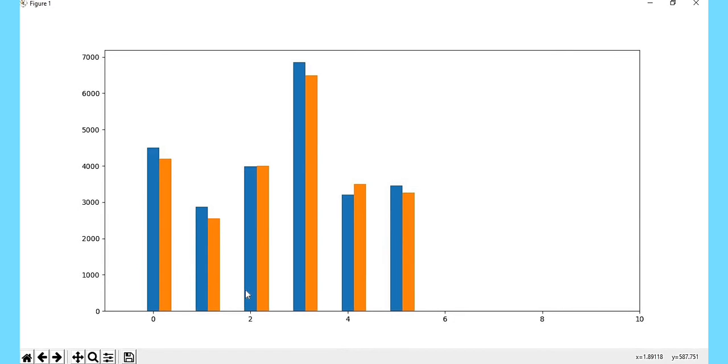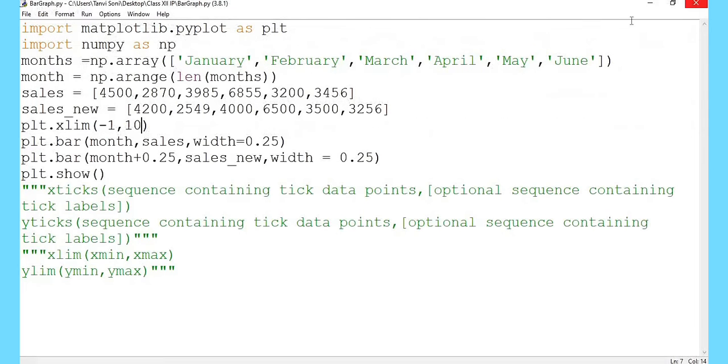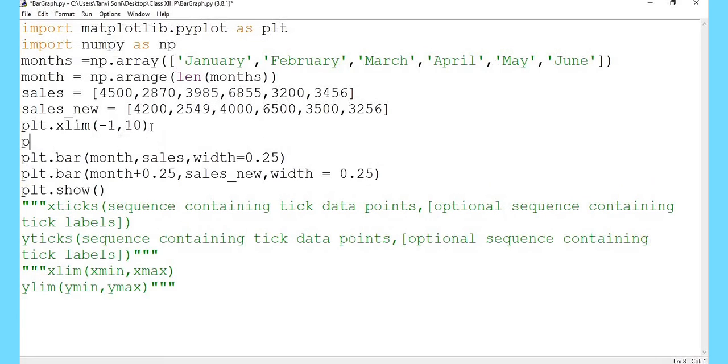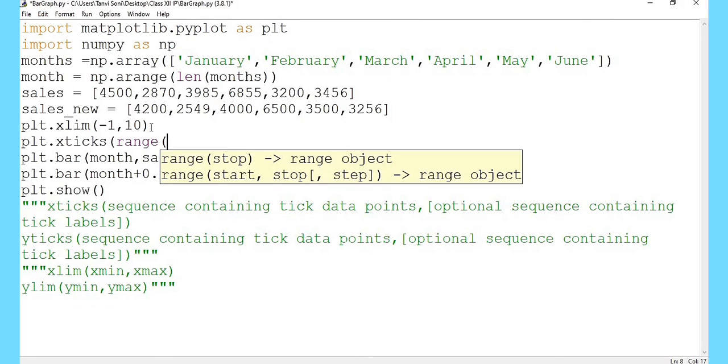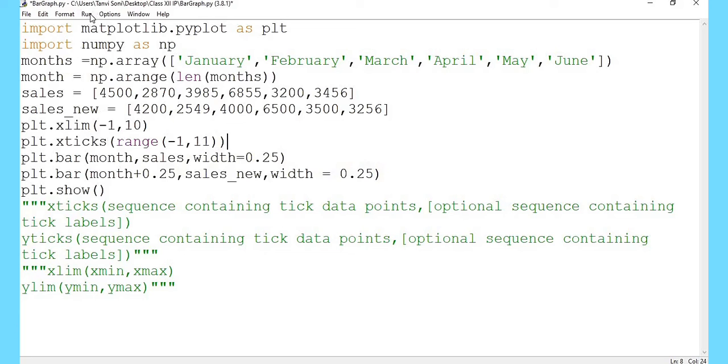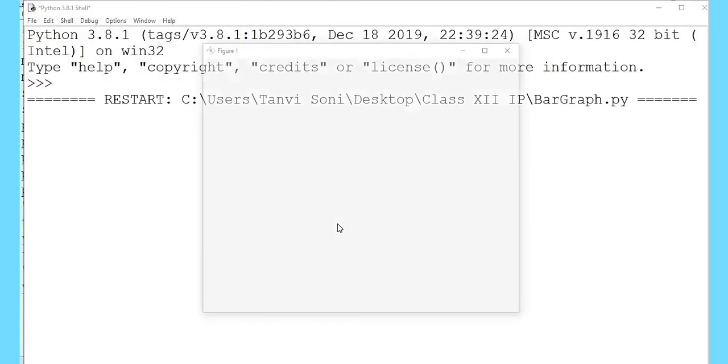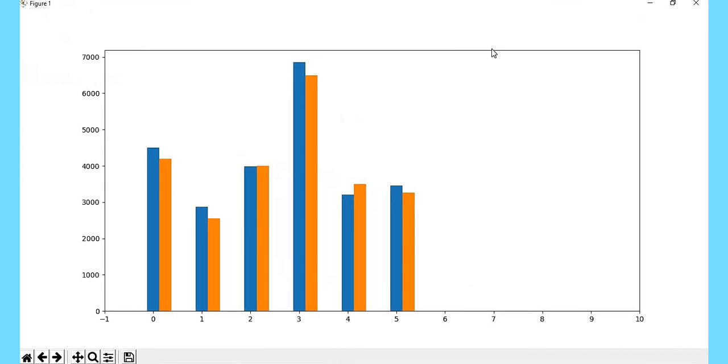The bar graph has been plotted, but some bars on the bar chart do not have ticks on them. Now the bar graph has been plotted having limit -1 to 10.